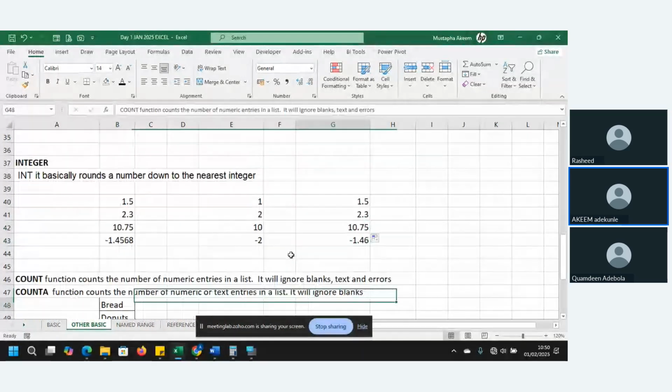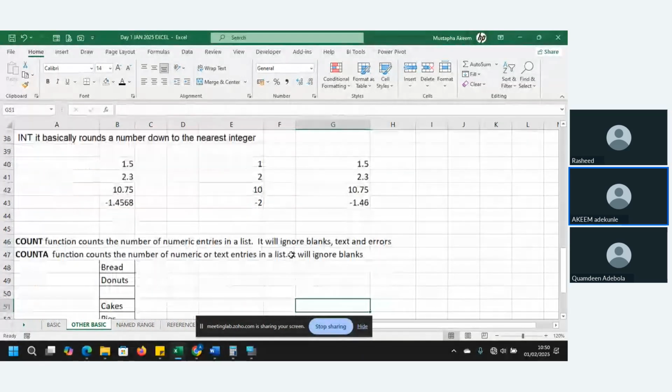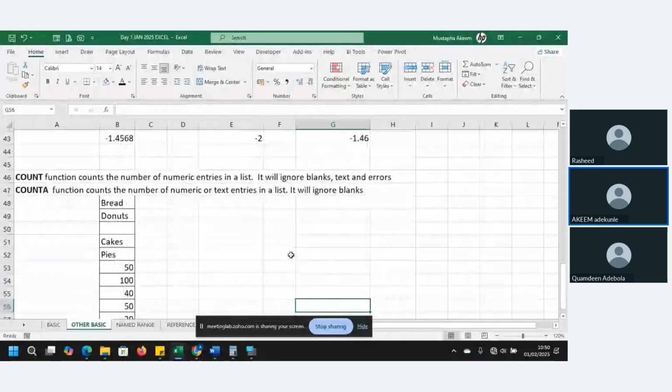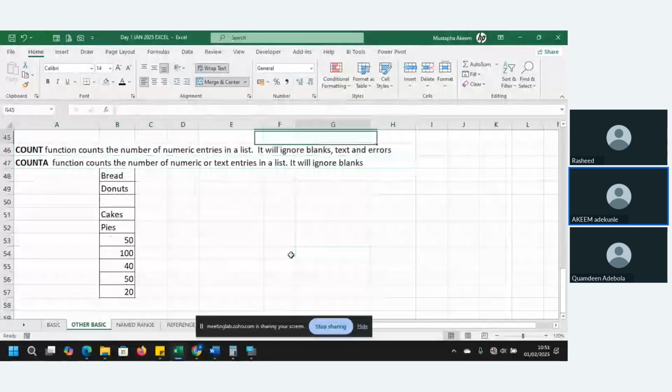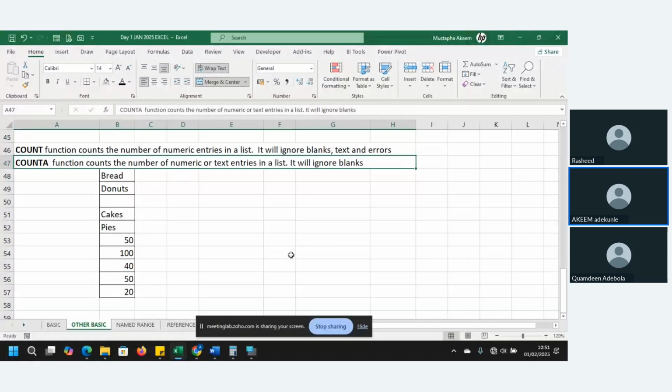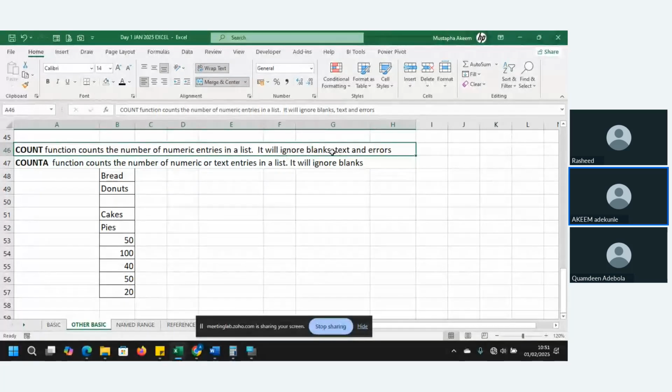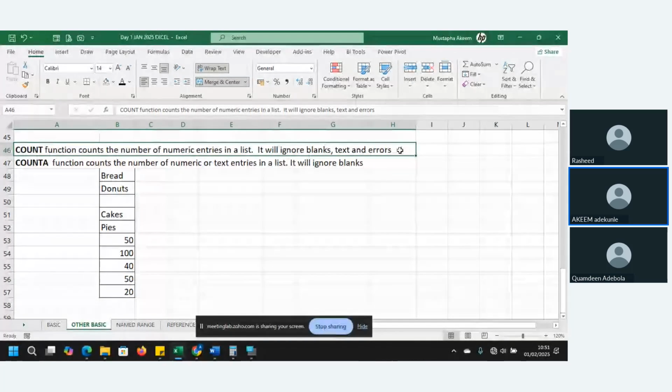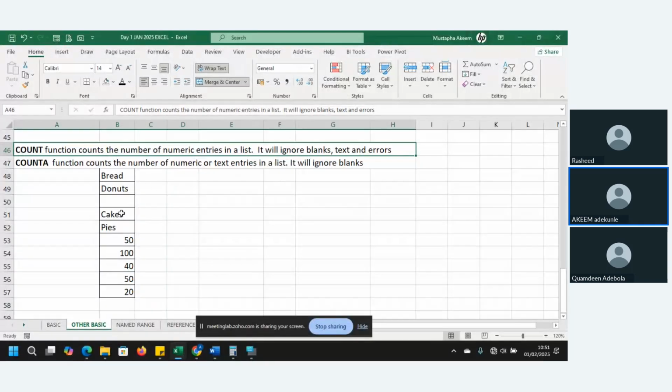Okay. Then we talk about the count function. We also use count very often. We have COUNT and we have COUNTA. Both of them work the same way, except that COUNT will count numeric entries only. It will ignore blank cells, text cells, and errors.